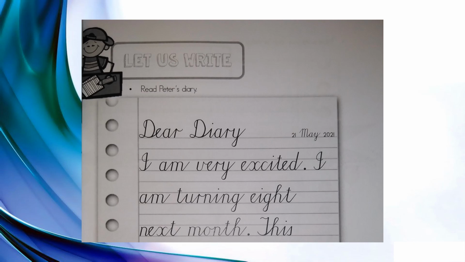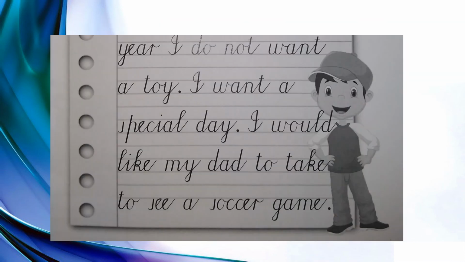I am very excited. I am turning 8 next month. This year, I do not want a toy. I want a special day. I would like my dad to take to see a soccer game. Do you see there's something wrong in his sentence? Does it sound right? It's supposed to be, I would like my dad to take me to see a soccer